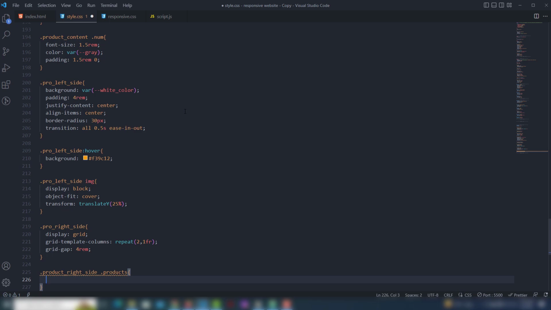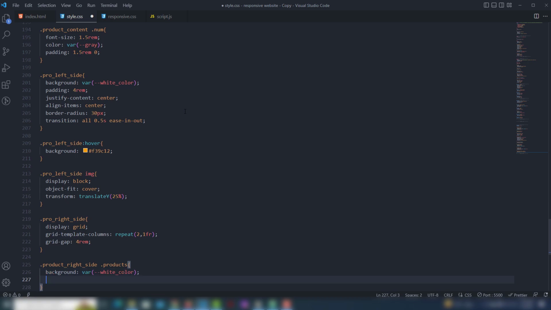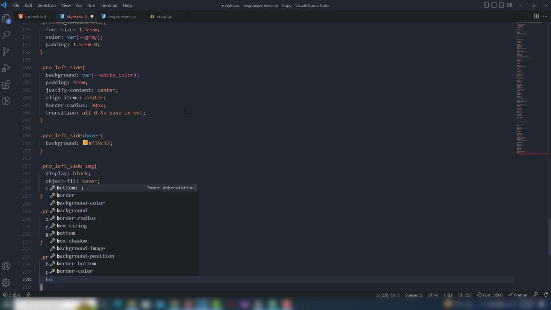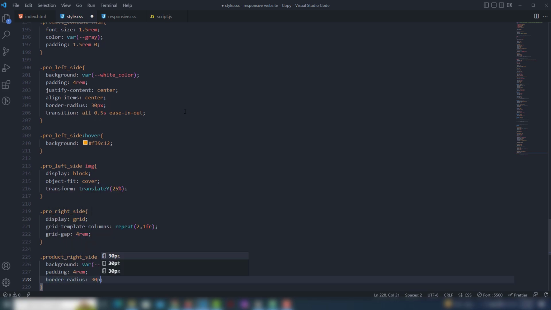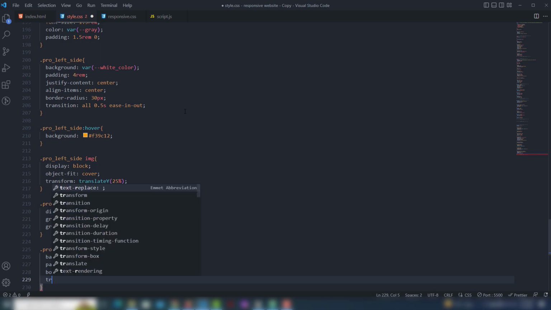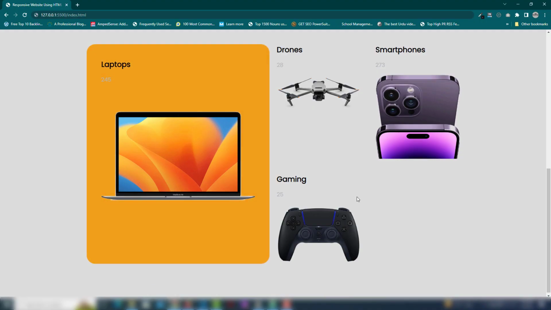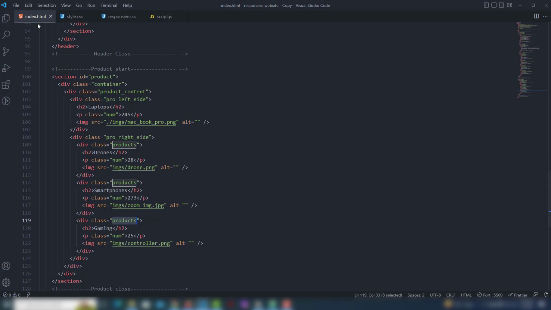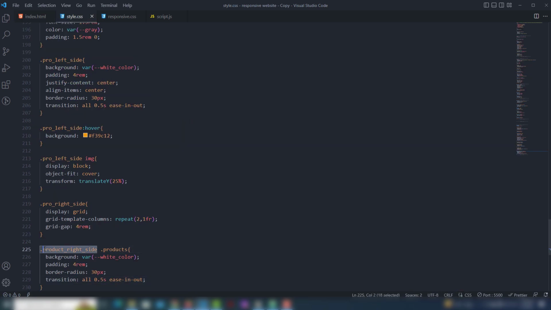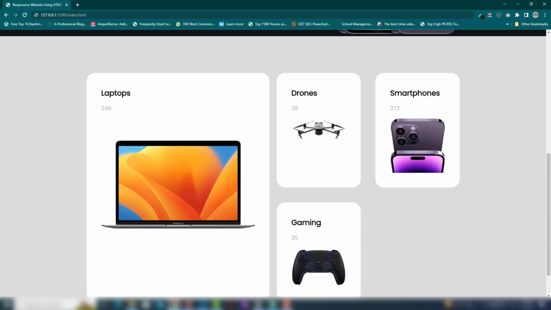So we need to change the background color to white, and I need to use padding on all sides for them. Border radius will be 30 pixels, transition all 0.5s ease-in-out. So I think we need to save that. Okay, I think we need to check that pro right side. So right,